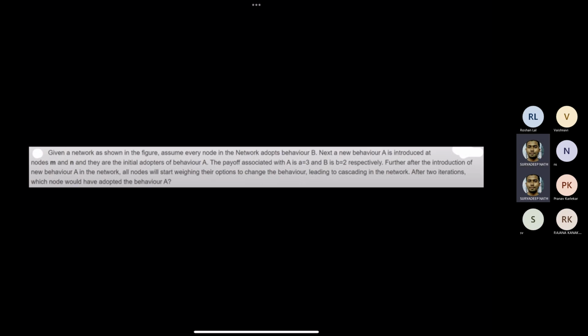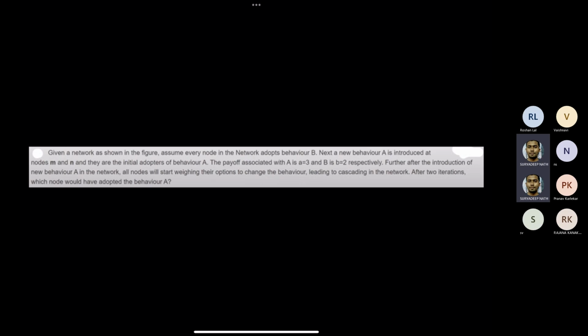So M and N got the new behavior. So M and N for Q would have adopted M because it's only connected to M. R would stay with the old behavior. N is new behavior. O would go back and take the new behavior because the new behavior's payoff is